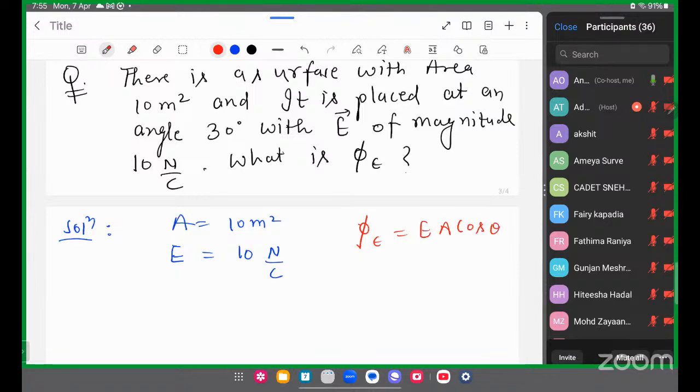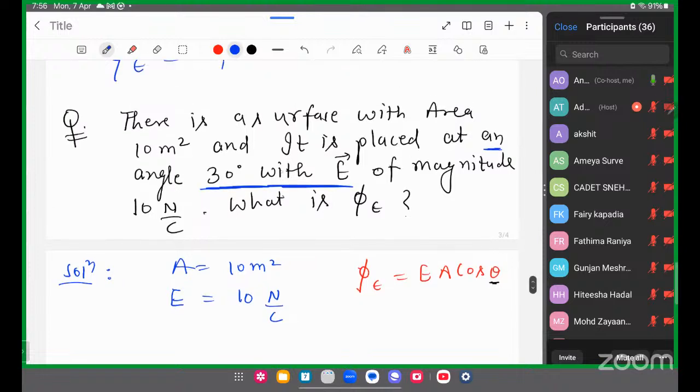So two pieces of information we clearly have, E and A. Now we are interested in angle theta. So what is angle theta? Angle theta is the angle between electric field E and area vector A. But in the question, the angle is between electric field and surface, right? Surface is placed at an angle of 30 degree with electric field, which means